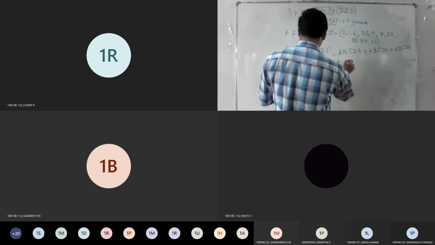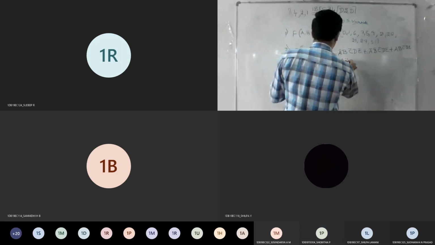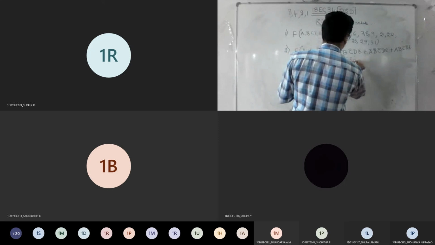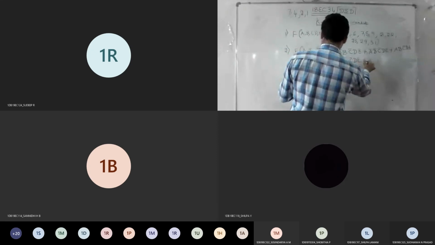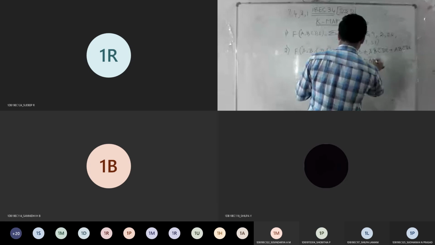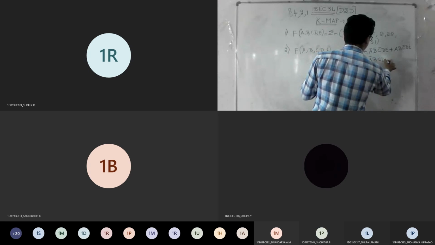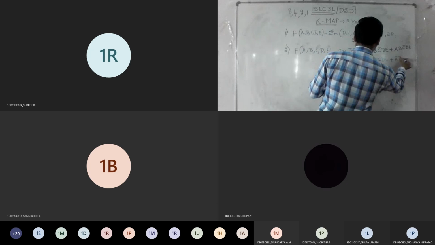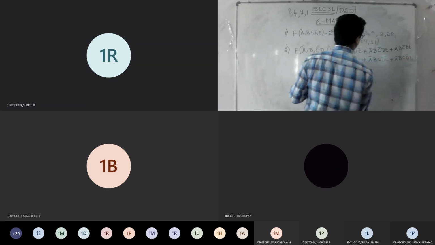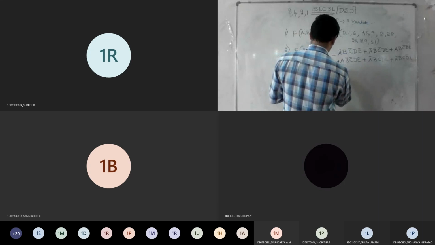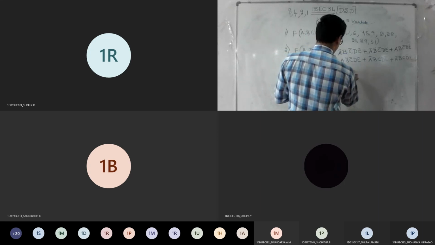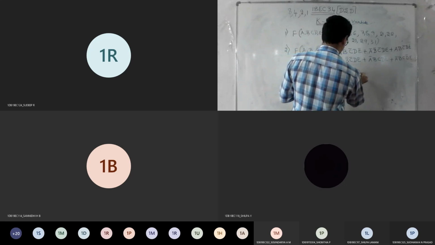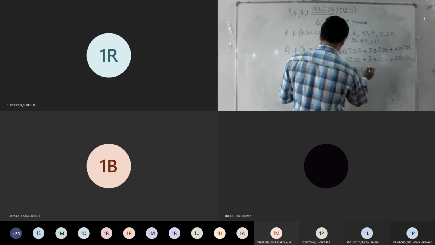Plus A, B bar, C bar, D, E plus A bar, B, C, D bar plus A bar, B, C, D bar, E plus A bar, B bar, C bar, D bar, E bar.